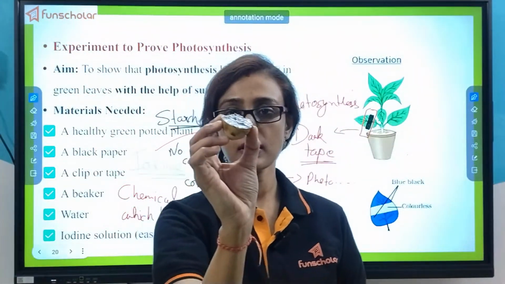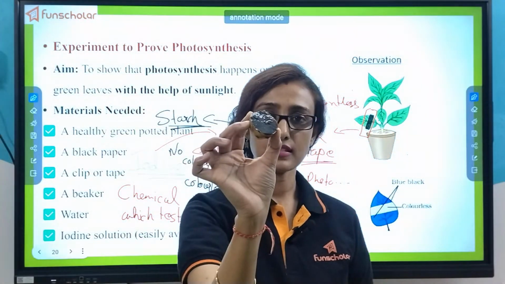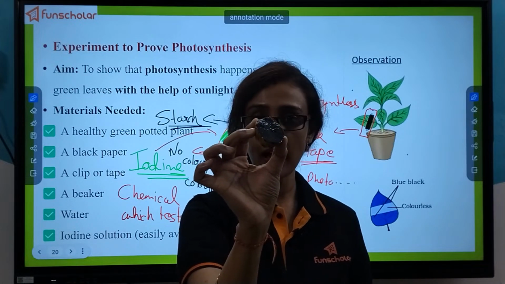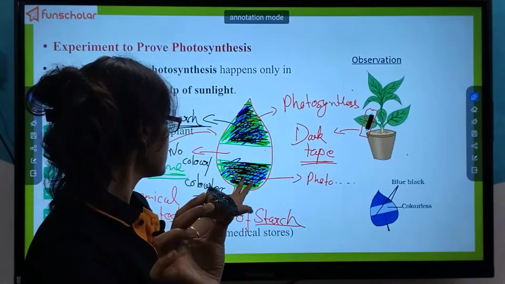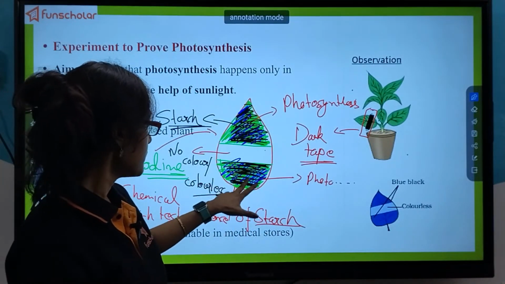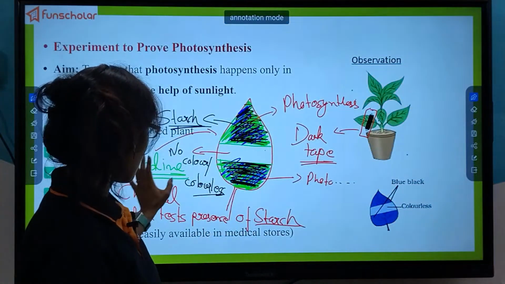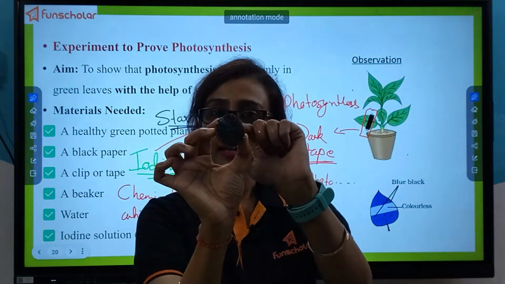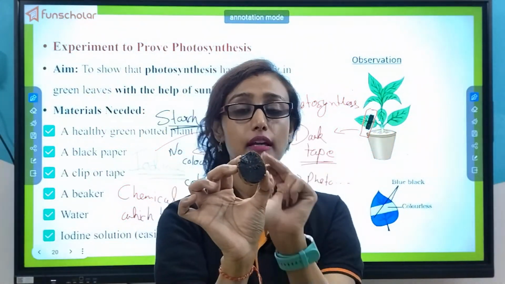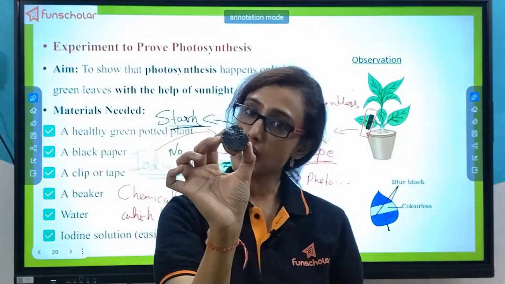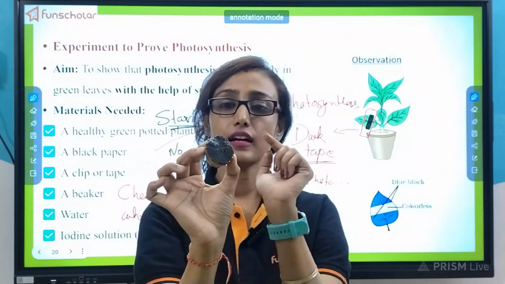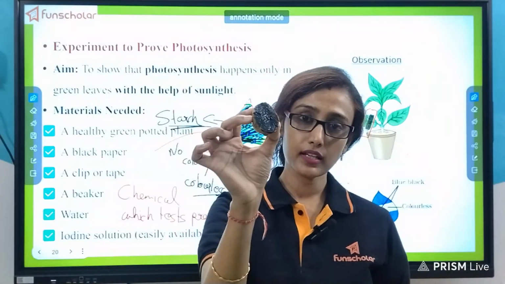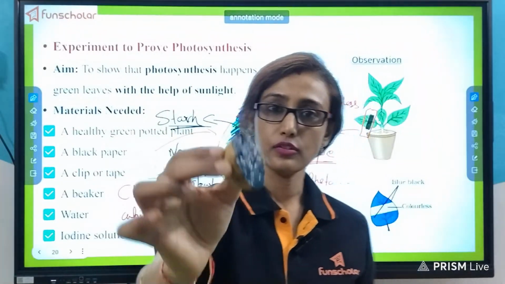You just have to wait for some time. You see, with passing time, the potato will turn black. Can you tell me the reason why? What did I say over here? Presence of starch. If it is being present, then if we add iodine, then it will turn bluish black. See, I told you what is being stored in the potato? Starch, obviously. And the color of the iodine was brownish red. But slowly and slowly, is it turning black? You just see,